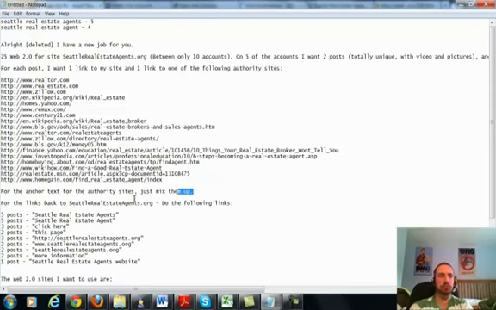For the links back to SeattleRealEstateAgents.org, do the following links. I want 5 posts linking back with this anchor text, which is my exact anchor text. I want 5 posts linking with this anchor text, which is the singular anchor text version. I want 3 posts saying click here. I want 2 posts saying this page.